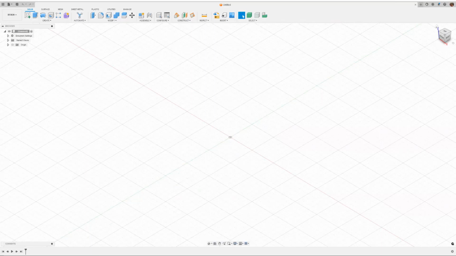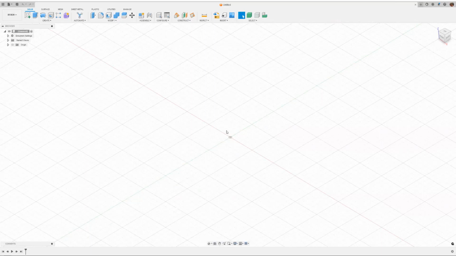I guess I can start with the user interface with Fusion 360. As you can see, it has a really simple and understandable screen. You can see every command here. The most important part of Fusion 360 is that Fusion is a cloud-based program, so we have so many different things